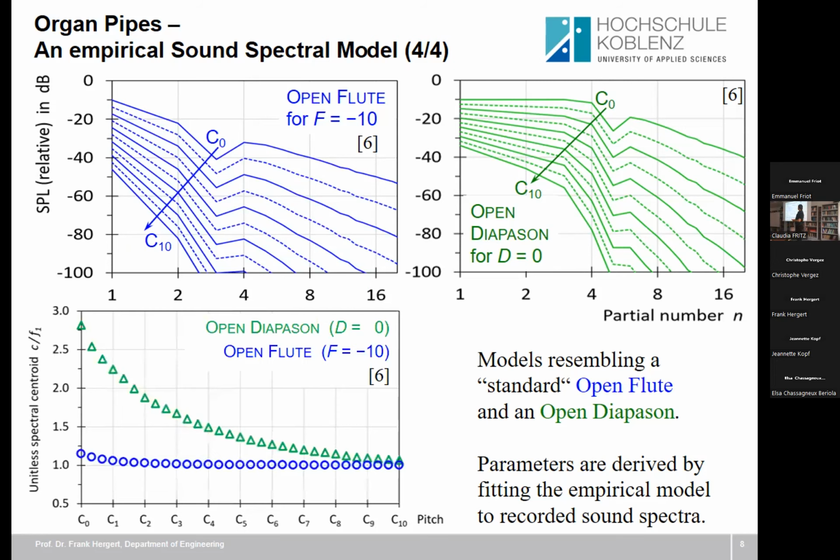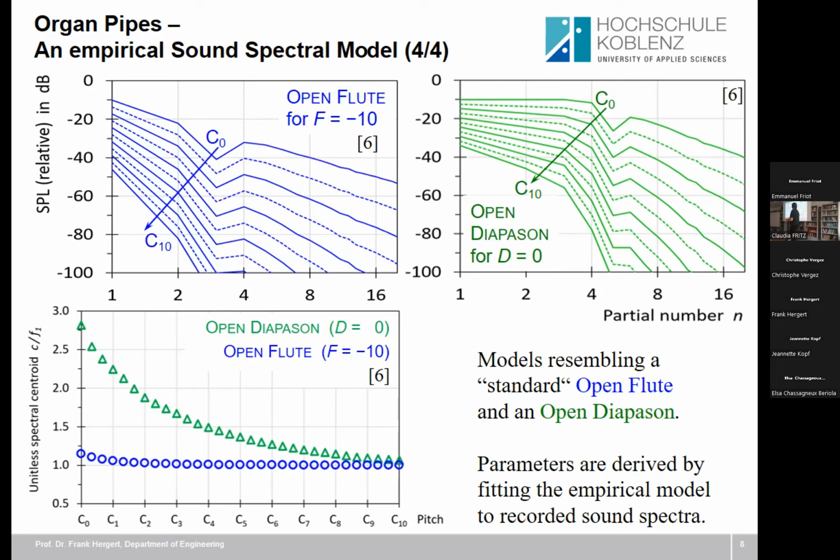I can also now calculate the spectral centroid, which you might call brightness, because it's a good representative of brightness. I've divided the spectral centroid by the fundamental frequency here. So I get a number between 1 and 4 maybe. And so you see for the flute, the brightness or the unitless spectral centroid is approximately at 1.0, as a sine tone would have. In the very low pitch, it's a bit above 1, so it's 1.2